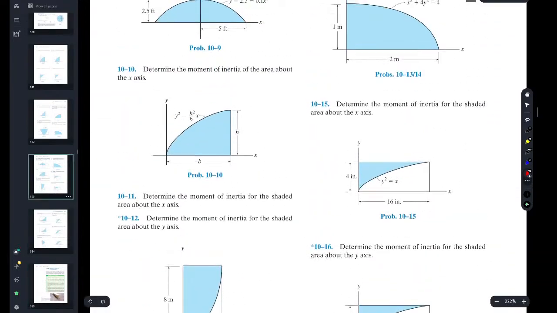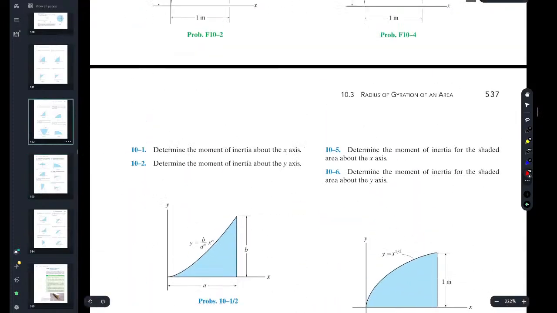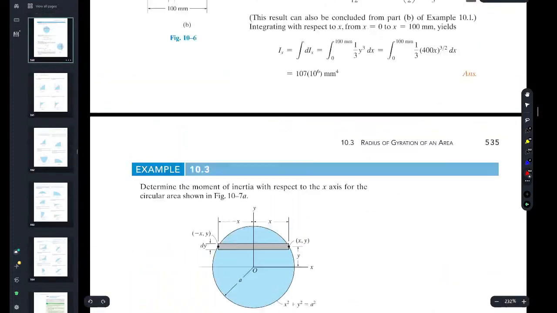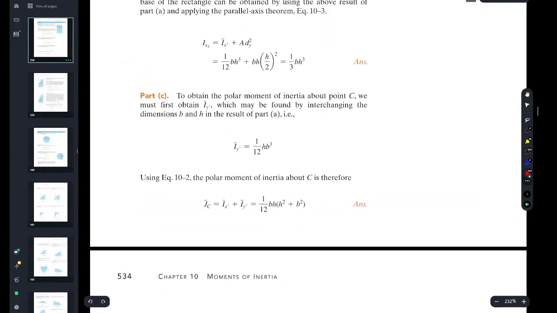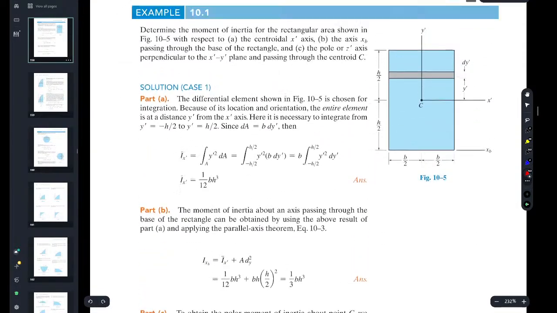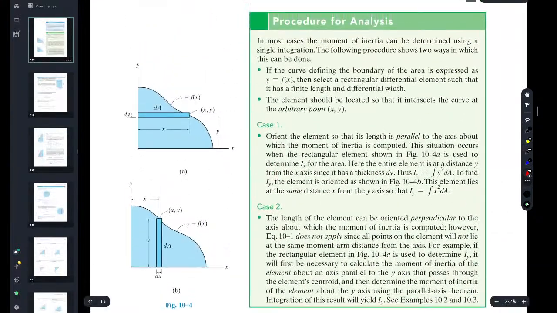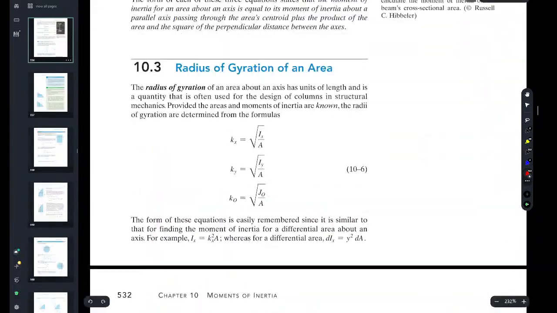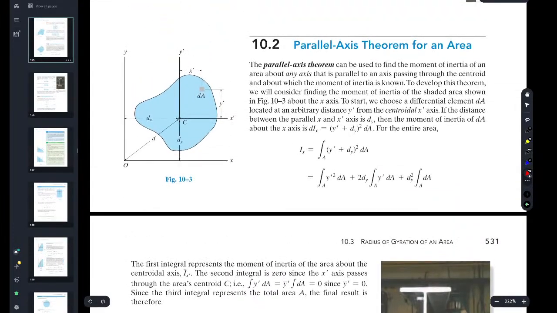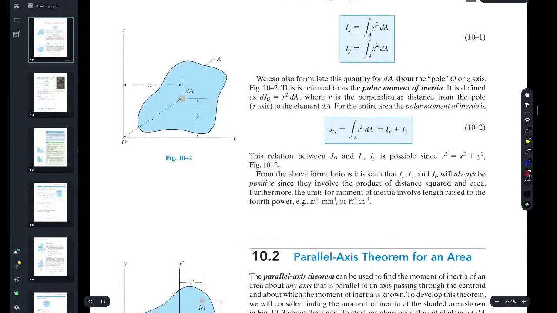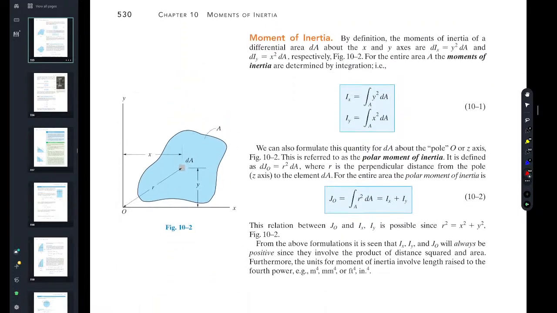Huh. Usually they add a section here, and maybe I just missed it. Let me go slower. Did I miss it? I may not have missed it. Well,